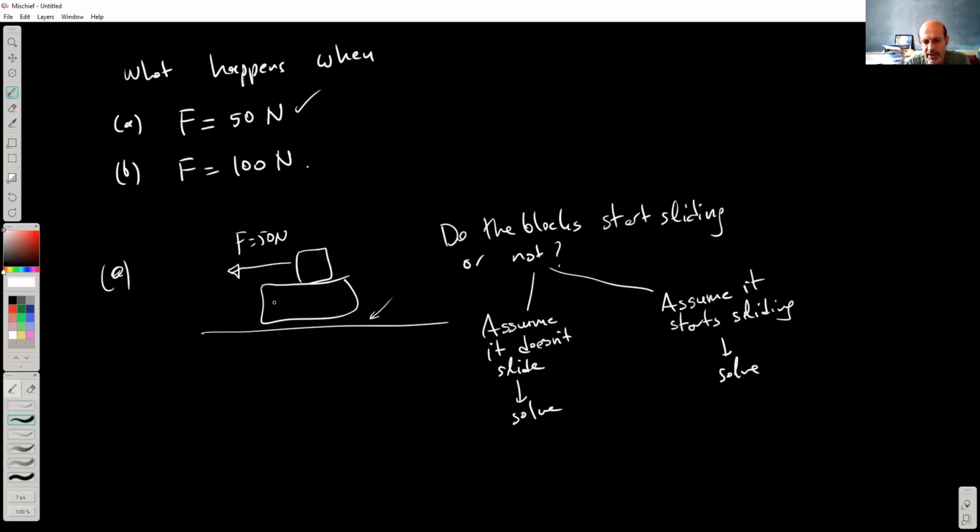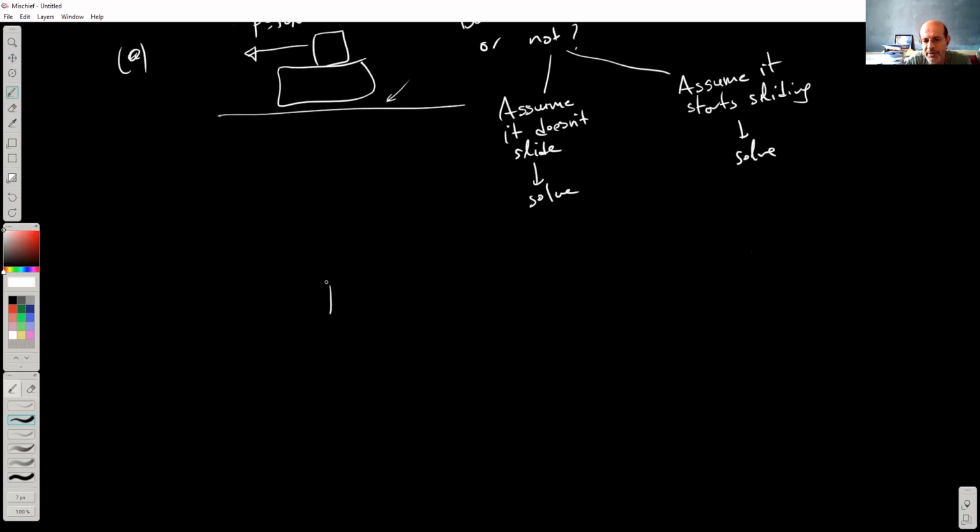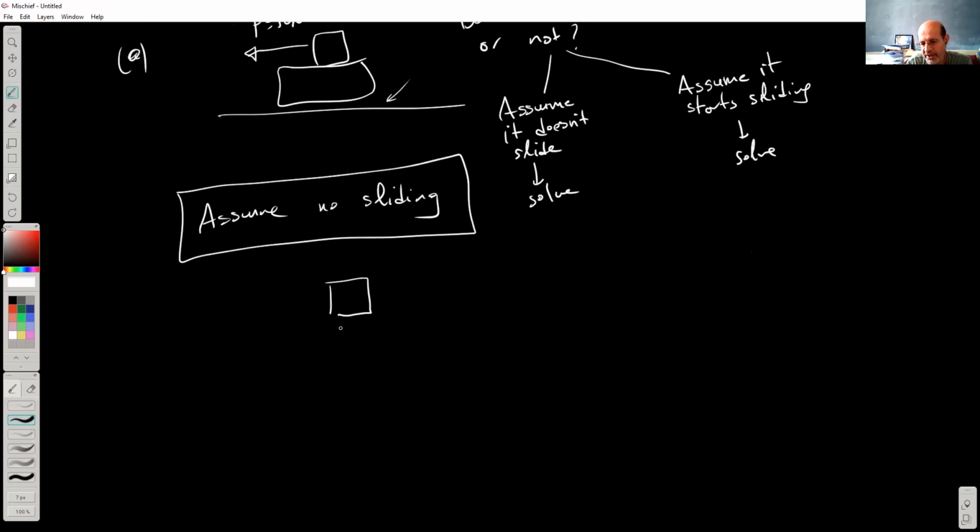So I'm going to start with this, but at first I'm going to keep this as a variable. So as a result, I can insert in different values so that I can insert both of the values in here. So I'll just keep this as F, okay? And solve the problem symbolically, basically. So I'm going to assume no sliding, okay? Which means that both of the blocks actually move as one, but still,